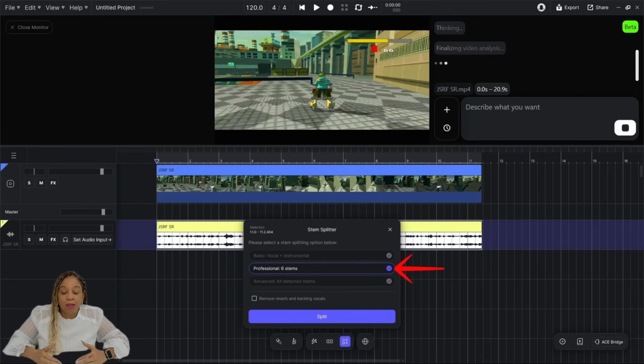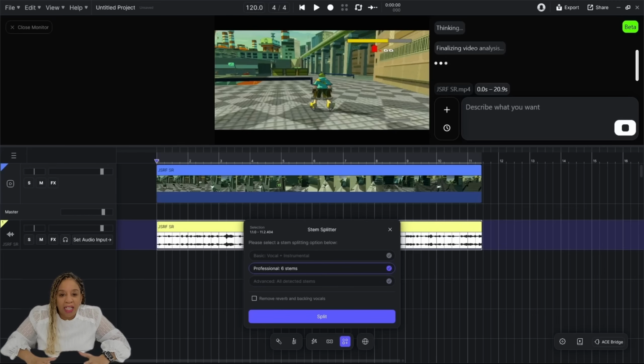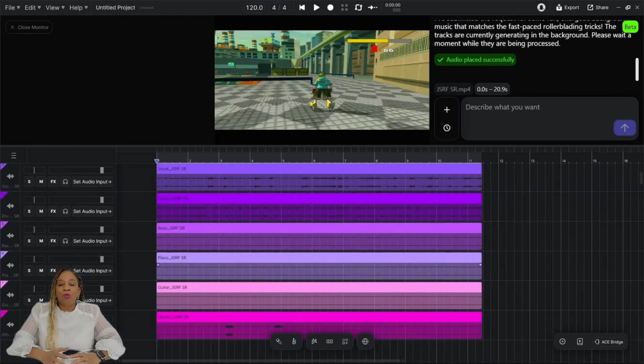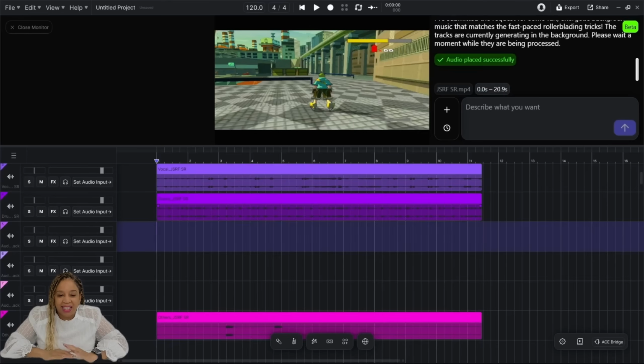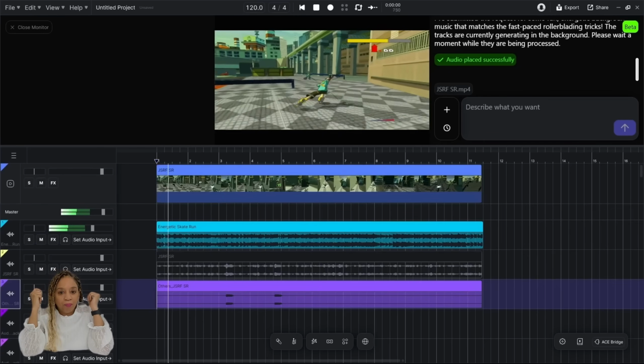Okay, see we said 6 stems. I'm separating the music, the instruments, 6 different tracks. Okay, so I'm splitting everything, and it's gonna give me new music. Check this out. I'm so excited. All right, so